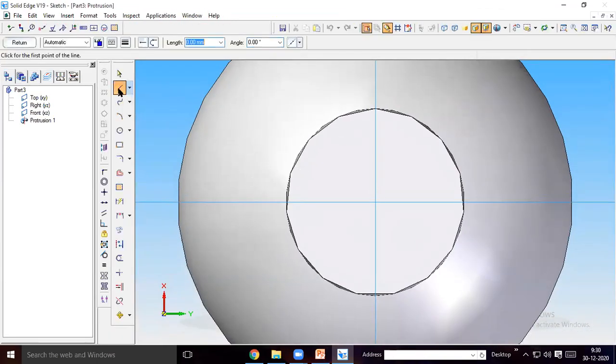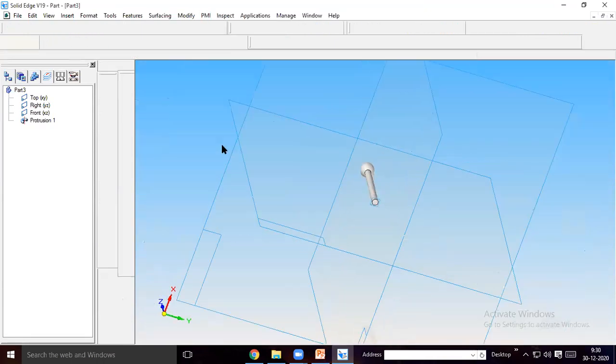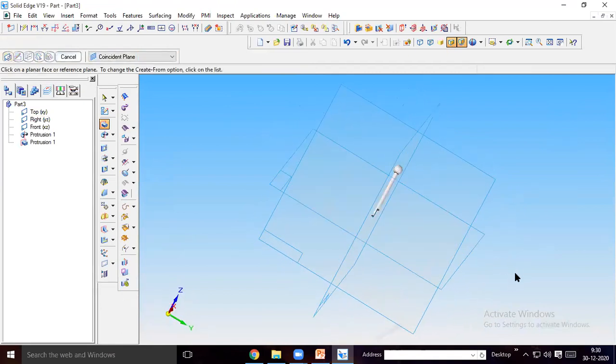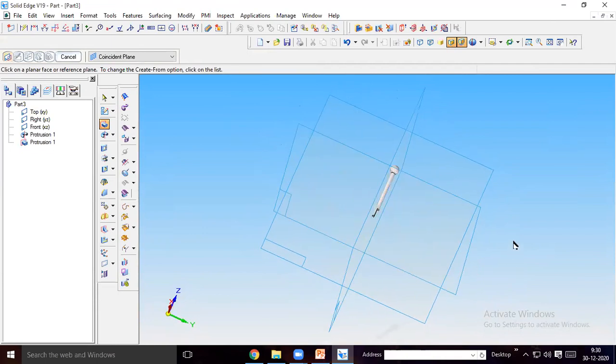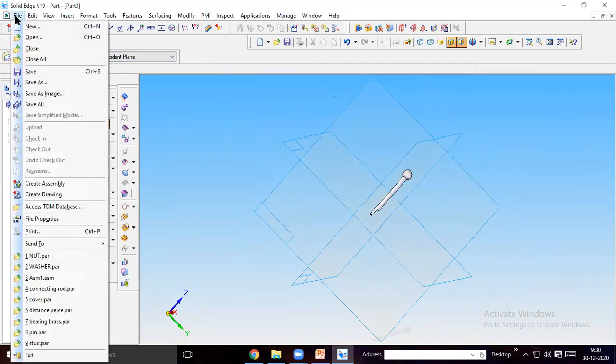Not to look like a pin, at one end, what you can do is draw a circle. So then try midline like this. Then trim unwanted line. Only the semicircular portion you draw, extend for another 5 mm. Okay. So then it will look like a split pin. It is easy to do. Okay, you can do like this and you can save this as split pin.